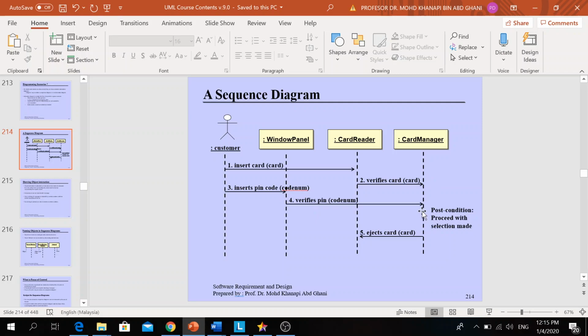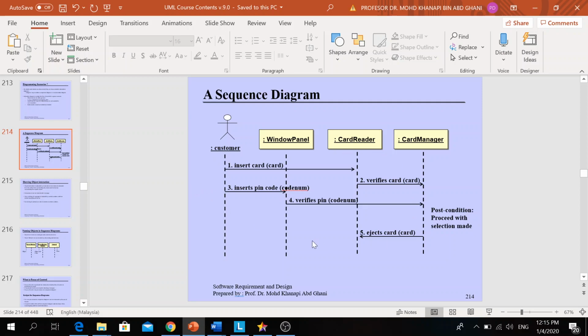So the card manager again verifies the PIN and processes the request from the customer. And after the process is completed, the information is displayed in the window panel, maybe the process is successful or unsuccessful, and then the card is rejected after the process is completed.